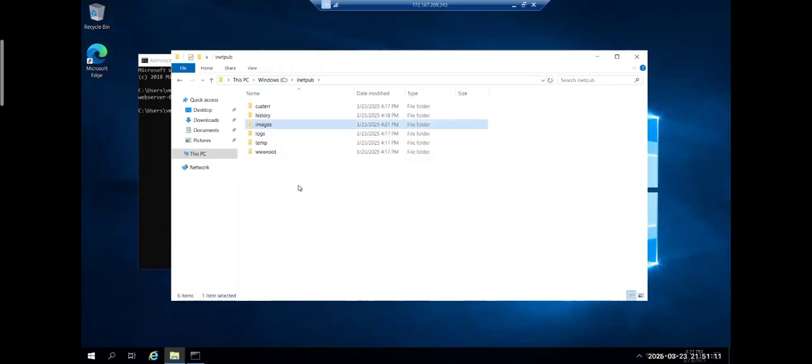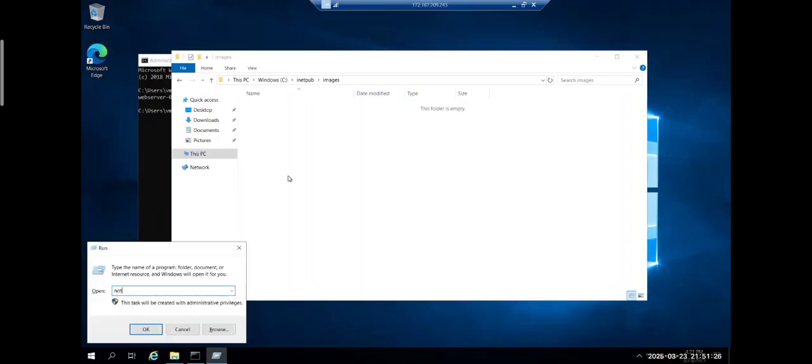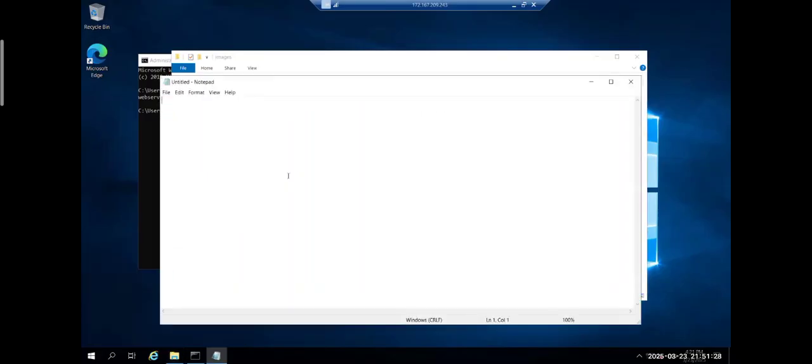I will create a folder with the name of images. Then here inside the images, I need to set up my default.html page so that it will create the URL with the name of images. So let's do that. Rest setting will be same. I will open the notepad. Here just write the simple code. This is my images section of